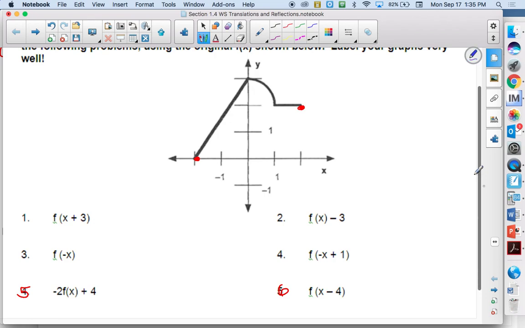The first thing that I did was I labeled the important points of the graph. The starting point, this point up here, is the max. The point down here is where it stops decreasing, and that's at 1, 2. And then this second point here is at 2, 2. So those 4 points are the 4 points that I'm going to focus on transforming based off the information. So with number 5, we have